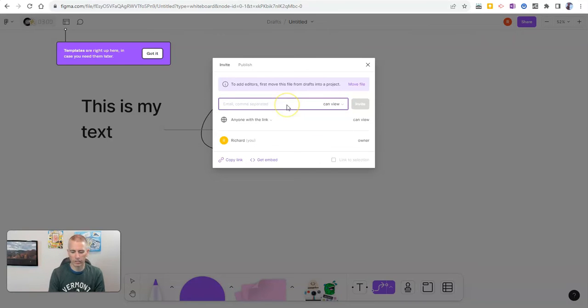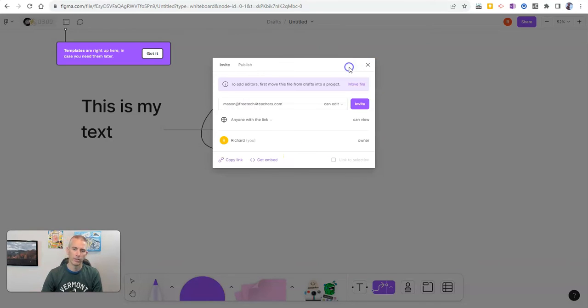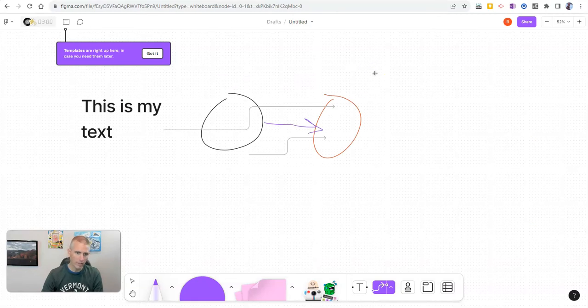it. And let's say I'm going to invite Mason. And I want him to just view it. I want him to be able to edit as well. And I'll send out that invitation to him. Now, Figma's free plan does limit you to 3 free boards, and there's some other significant limitations you should be